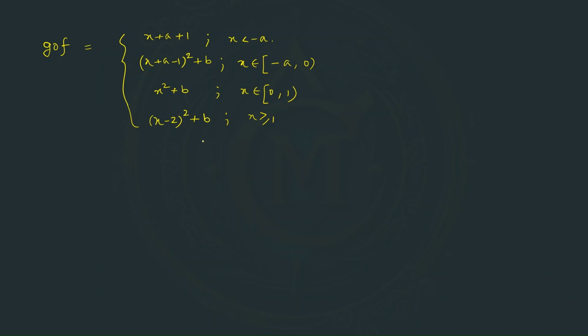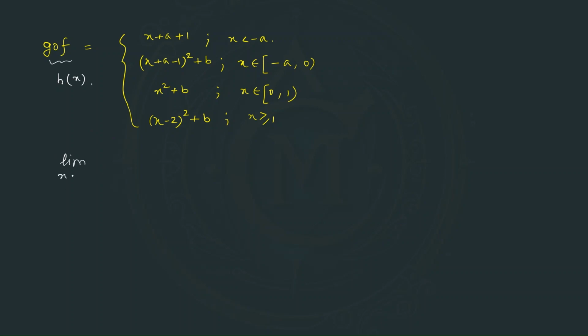Now we have to simply check the continuity of this function, because in the question we are told that g of f(x) is continuous for all x. We have to check the limits of this function at the break points or the end points of the intervals. That means if we denote this g of f(x) by, let's say, a function h of x. Then